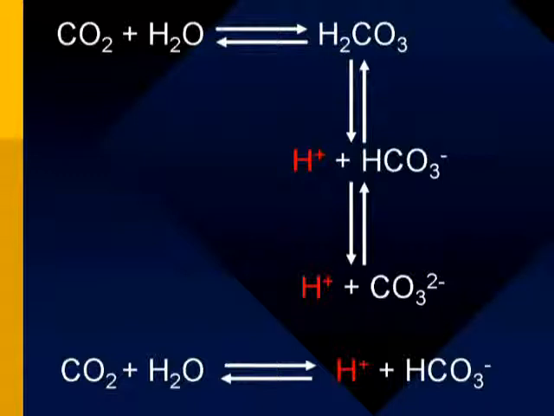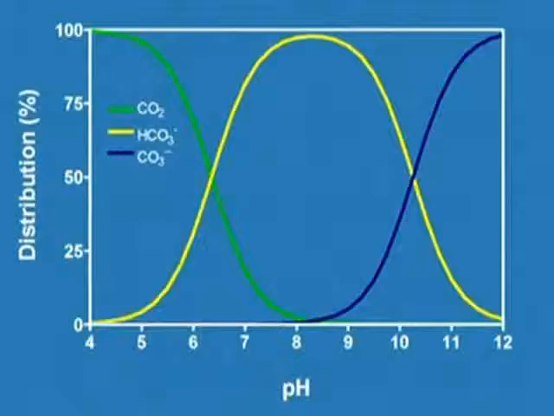Therefore, for the sake of simplicity, at around neutral pH values, we can consider the dissolution of carbon dioxide in water according to this equation. And the three important components, the presence and the ratio of the components, is a function of the pH, and you can see the fraction of CO2, bicarbonate and carbonate as a function of pH, and this is the pH around 6.5,